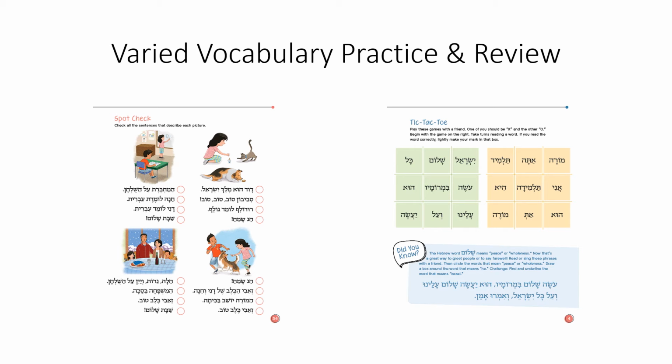You can also incorporate paper and pencil activities. Here again is a game, a tic-tac-toe game, that is useful for kids to play together with a partner. And you can also give them independent activities, things like crossword puzzles, word searches, hidden words, scrambled words, or in this case, matching the sentence to the picture that is portrayed. And sometimes more than one sentence will apply. So students get a chance to apply their full reading comprehension skills a little bit more.